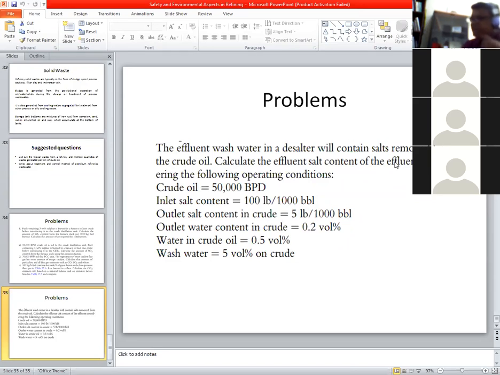That's all. Actually, in the book, they have converted to ppm. I am not asking you ppm. In the lecture class, I have also told that ppm no need to convert, until weight percentage. That one will be enough, because we have to calculate the effluent. ppm only will calculate when the concentration is asked. Here we have to calculate only the effluent salt content. Weight percentage is enough.